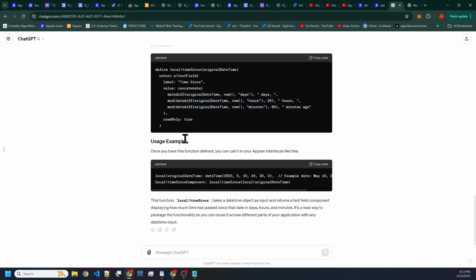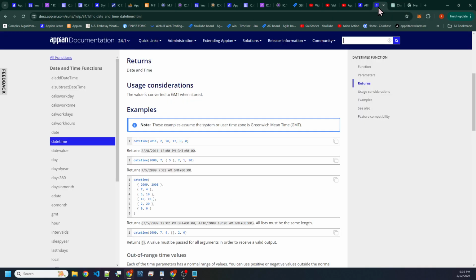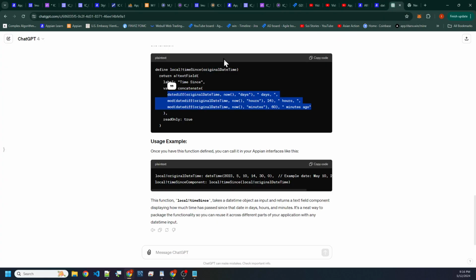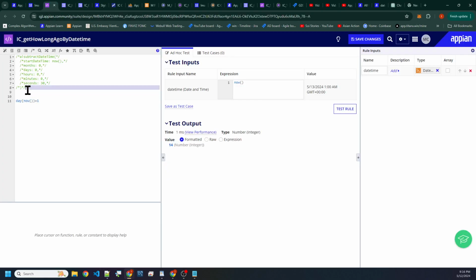So as you can tell, okay, they got something here, right? They're gonna take the difference between all of this and just concatenate it together. So let's try to utilize something like this. ChatGPT is not gonna be accurate with what we're trying to achieve, right? So what we do want is a date. Now minus